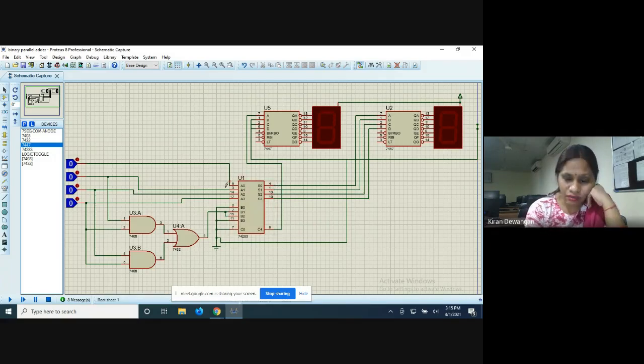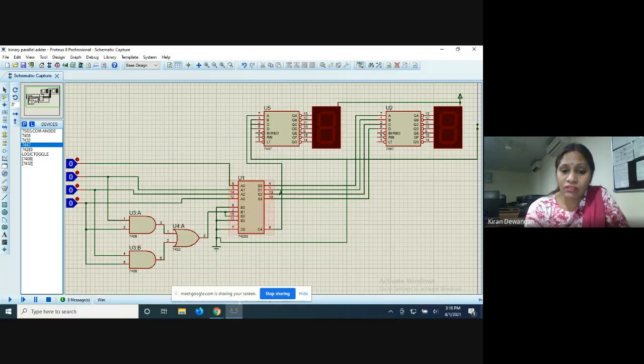Clear? If we are having a greater set of input, suppose the input combination is 1010. Here I am giving 1, here 0, here 1, and here 0. So if it is 1010, in that case we need to add 6 to it, that is 0110. If we add 6 to it, the output will be that we get a carry output here, that is C4 will go high, and all this set of outputs will be 0000.